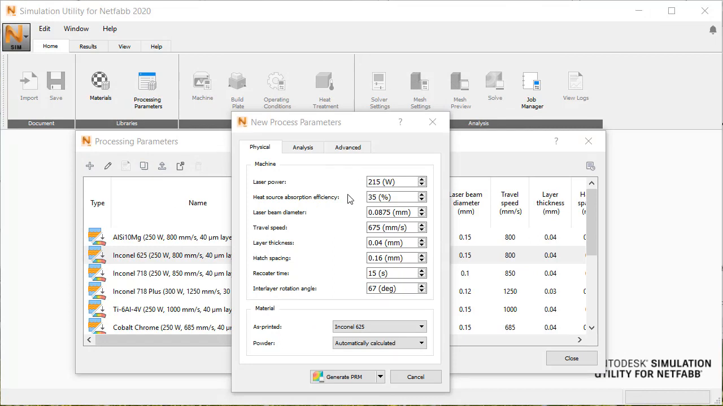In the new Process Parameters dialog on the Physical tab, you can see the machine process parameters at the top and the material selection below. So we're going to change the settings here as follows. We want a laser power of 150 watts, heat source absorption efficiency of 40%, laser beam diameter of 150 microns or 0.15 millimeters,